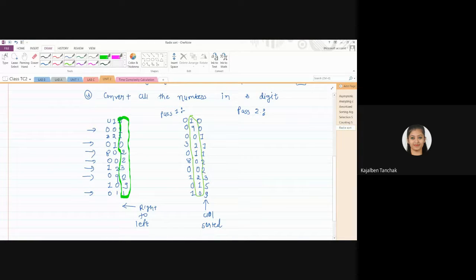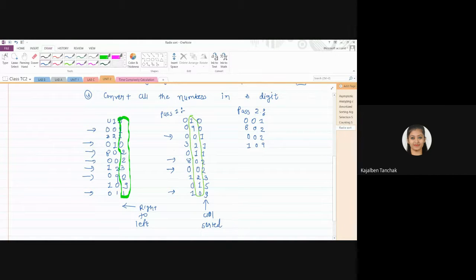Okay, now tell me the values. If you have to sort this, first 0. So this one value 0, 0, 1. Then here 8, 0, 2. Then 0, 0, 2. Right? Then 1, 0, 9. Because here we are sorting the second column.